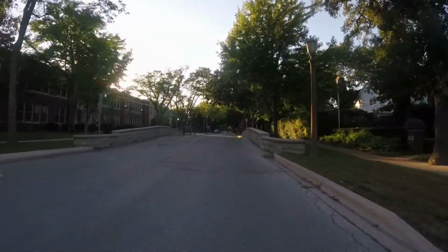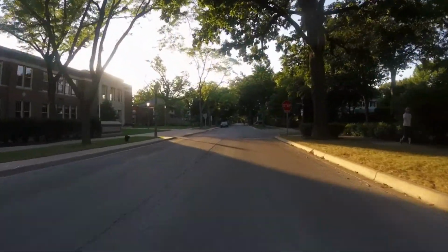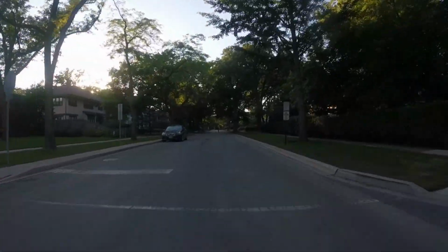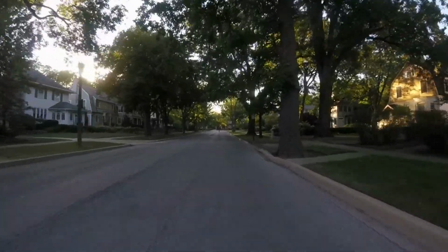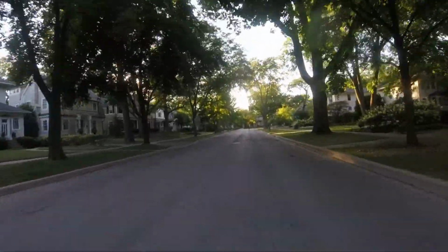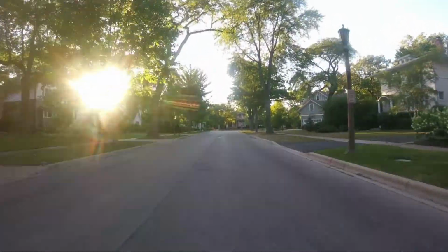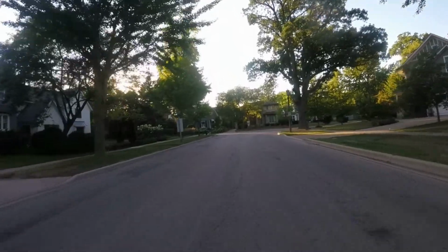Once we pass this school, we're going to be passing just a handful of more houses. We'll jog back to the west. So right now we're paralleling the train tracks and also Green Bay Road and what will be the Green Bay Trail. And we're just going to have to jog back to the west about a half a block to actually get on that trail. So we passed the school now. Here's that handful of houses, and we'll be making that jog to the left back here at this